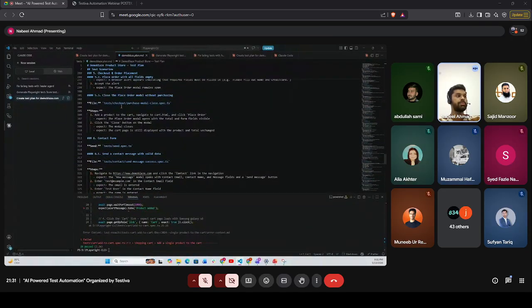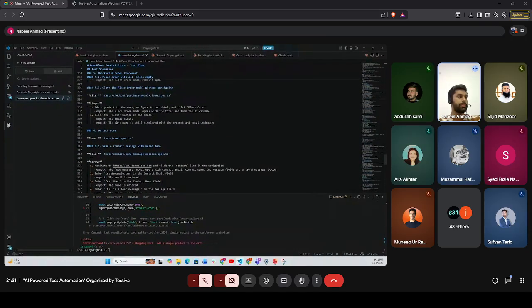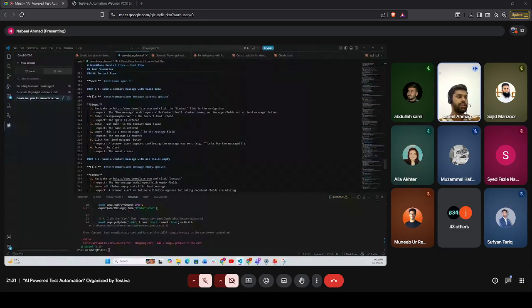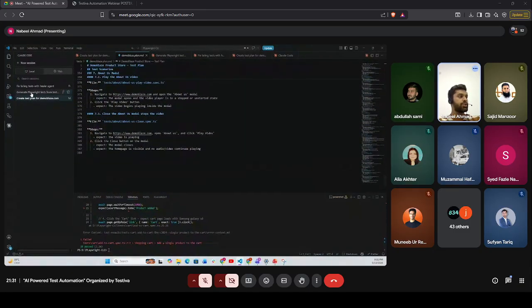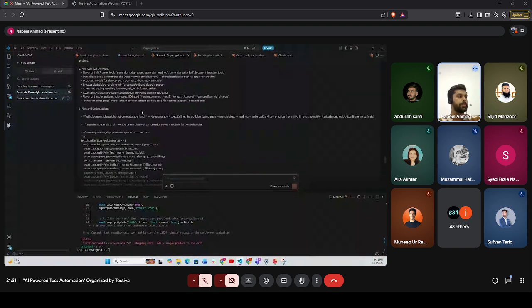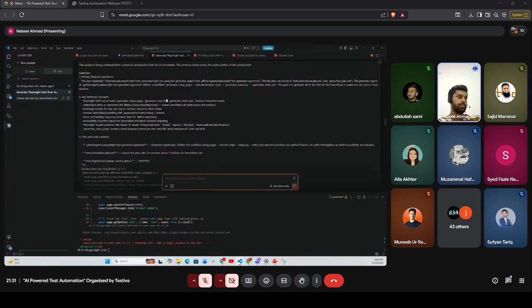It is handling the models, field validations. So in the next step, I used that plan.md file and created the test cases for my website.